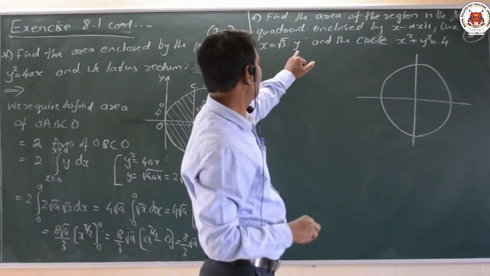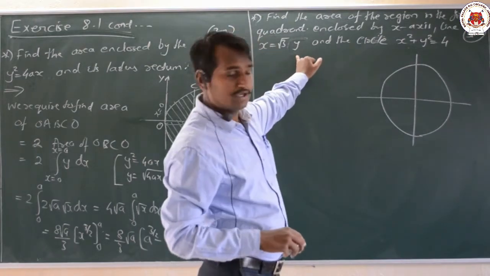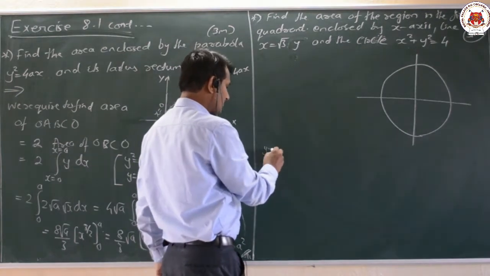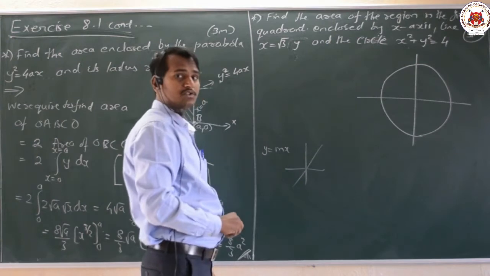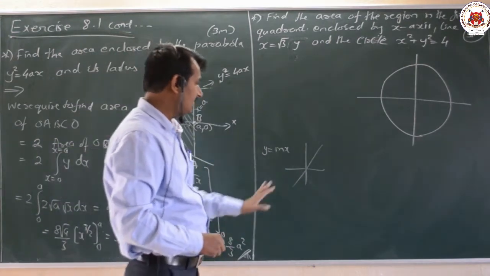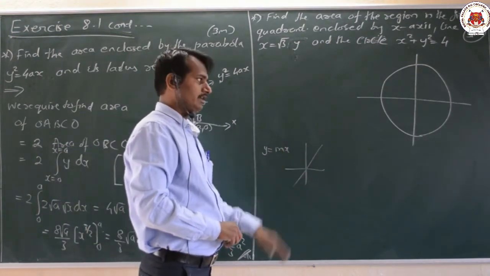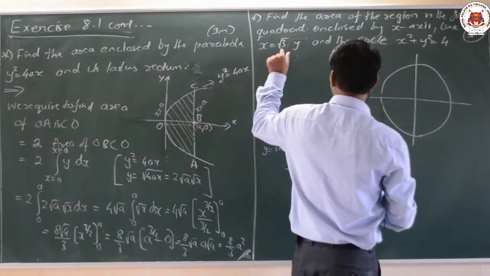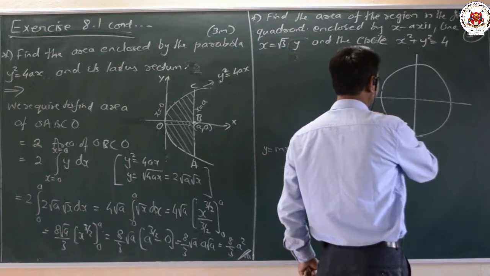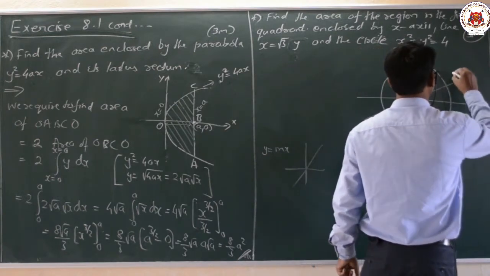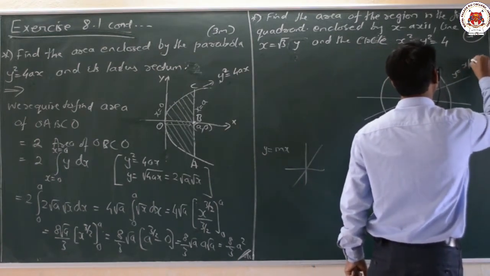Then let us draw our line. We know that y is equal to mx plus c. Here y is equal to mx is our equation passing through the center, and the angle depends on the value of m. So here, with root 3, that is x by root 3, therefore our line is y is equal to x by root 3.